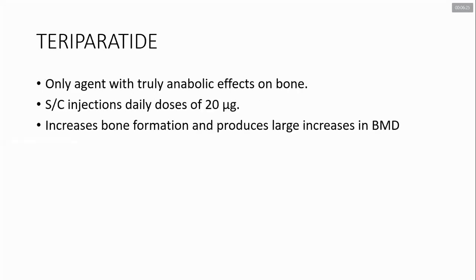Okay, teriparatide, again a very expensive thing that is used, but only when the patient is severely osteoporotic, and when the patient is capable enough to afford this molecule. So it is given as subcutaneous daily injections, a dose of around 20 micrograms. It's very, very expensive. Maybe one shot of injection costs you around 10-12,000 Nepali rupees. So just imagine it goes on for months. So at least 8 to 10 lakhs you would be spending on teriparatide if you are using it. So rarely used,